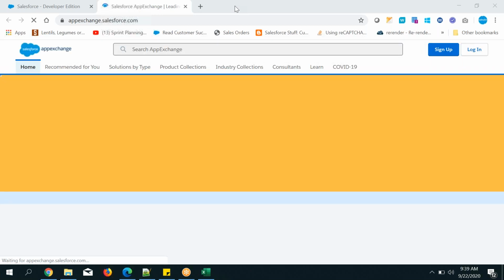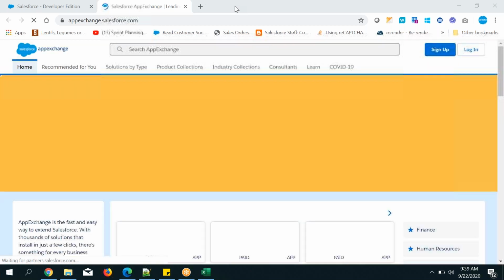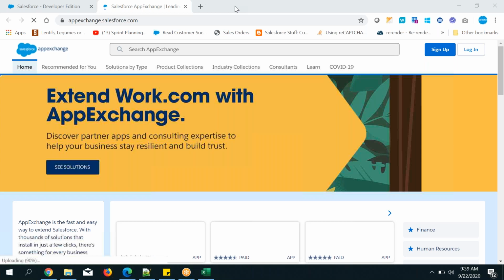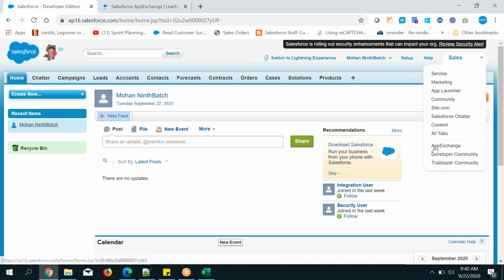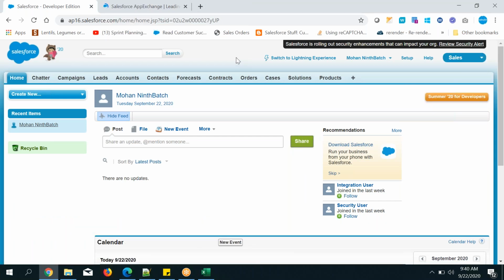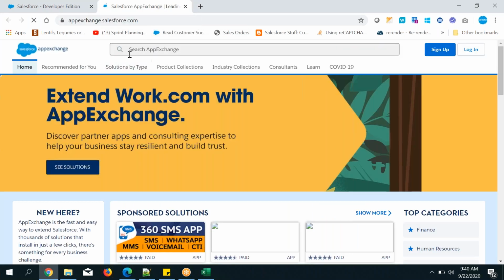In one of my demo classes, I told you one point, if you remember. Salesforce has given so many existing applications, like the Android store, thousands of applications. That day I mentioned the word AppExchange. It is the place where they store those Salesforce applications. If you want to go to the AppExchange directly, you can go here. It's like the app store on a mobile: this is the app store for Salesforce applications.